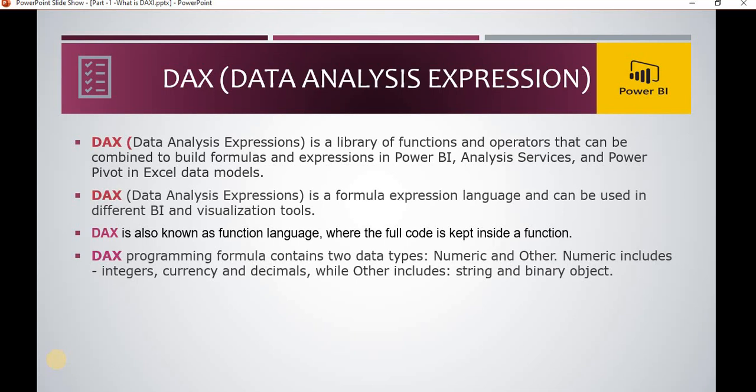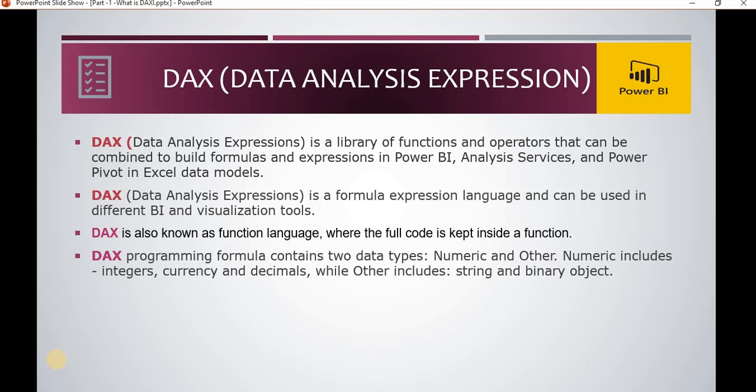DAX is used to create functions and operators that combine into formulas, like when I want a sum of the profit, or I want to create one column which contains the full name of a student. So all types of calculations or summarization of the fields we can do using DAX. That is the advantage of DAX.